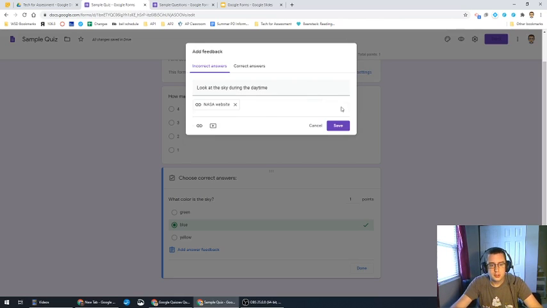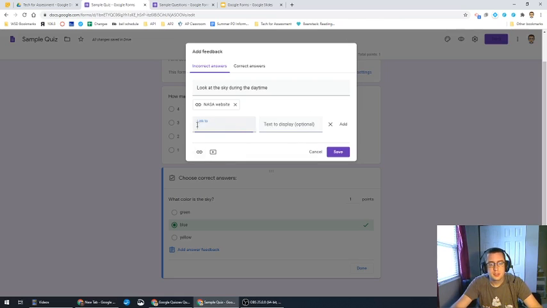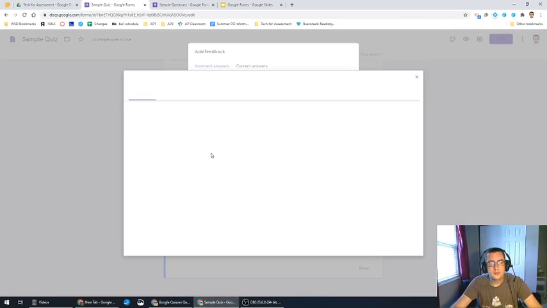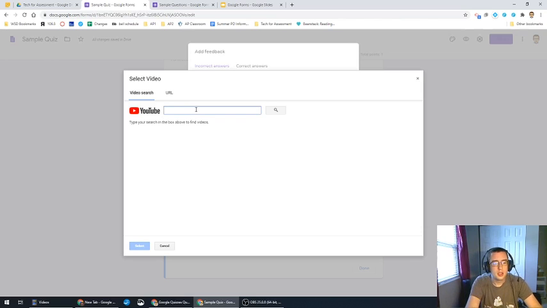If you want to add more links, you can do that as well. After you hit the add button, you can go ahead and do that. Or if you want, you can insert a video. And so you can search for a YouTube video, just like other search functions on YouTube. So let's search for the sky,